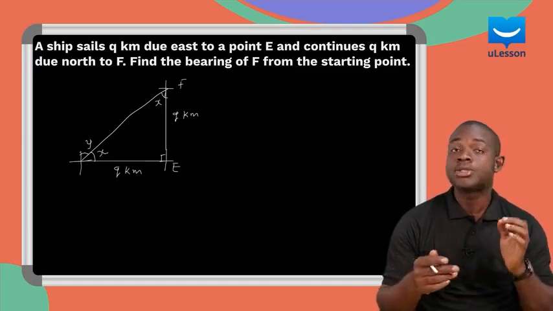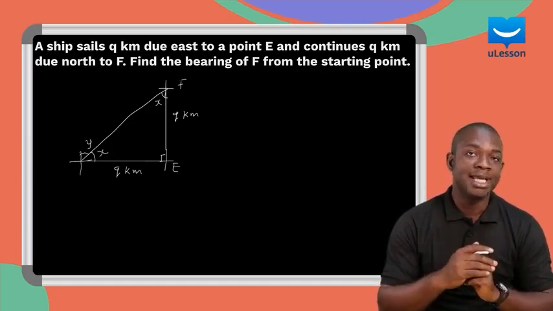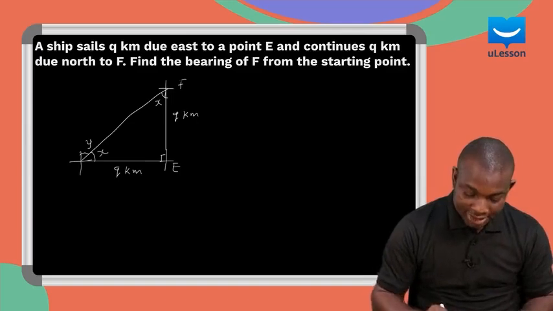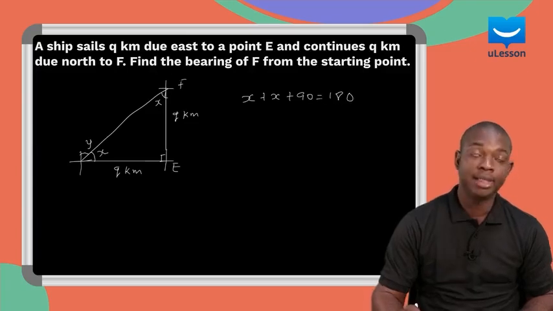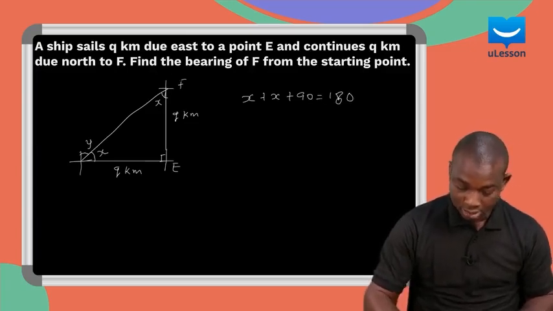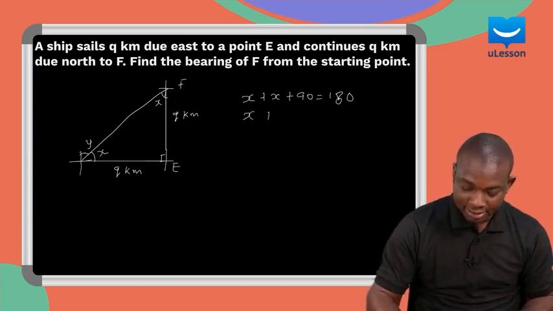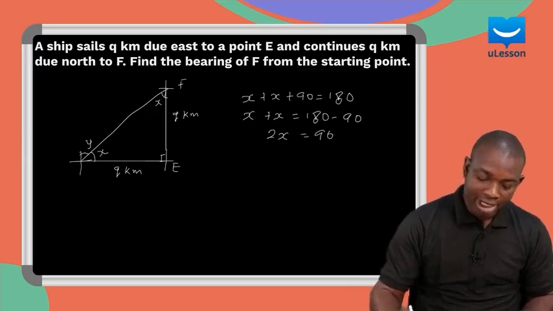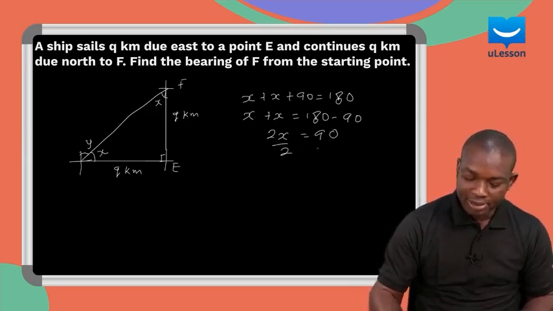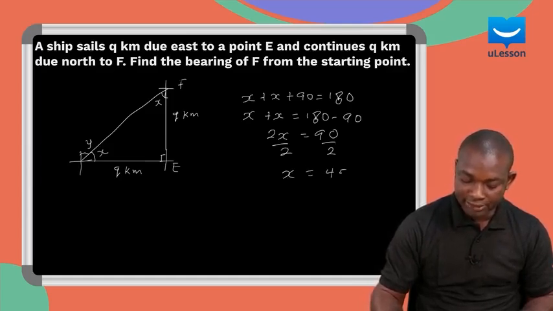Now recall that the sum of angles in a triangle is 180 degrees. So what this means is that X plus X plus the right angle is equal to 180. Collecting like terms, we have X plus X equal to 180 minus 90, which gives us 2x equal to 90. And to get the value of x, we divide both sides by 2, which gives us x equal to 45